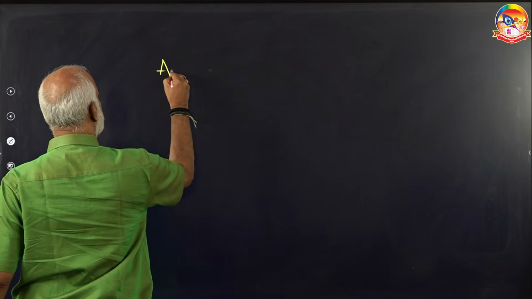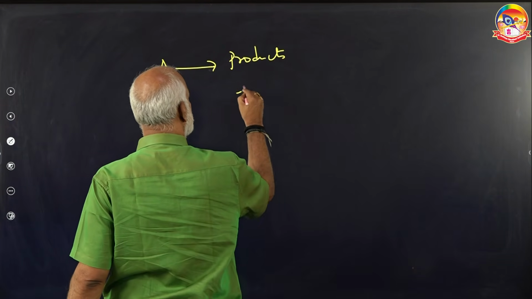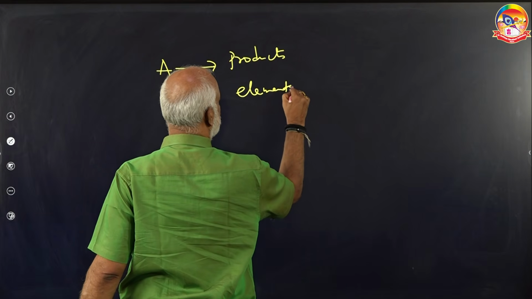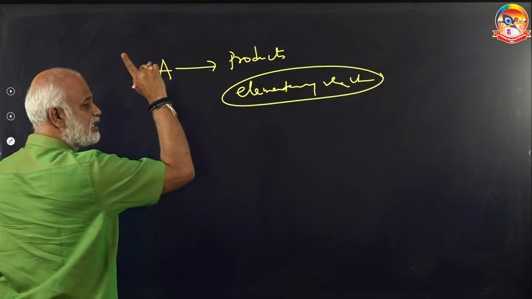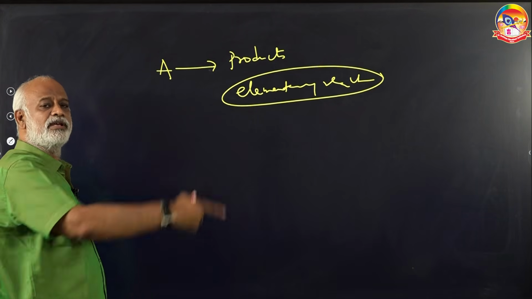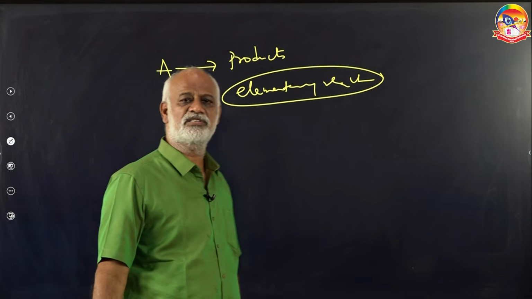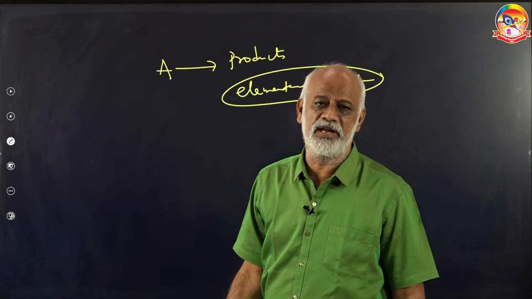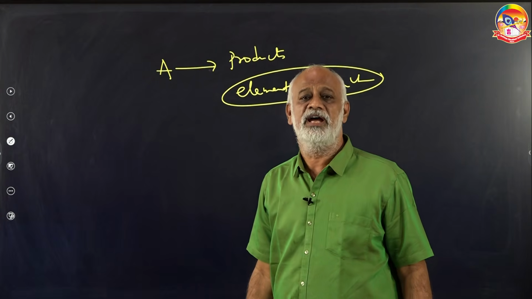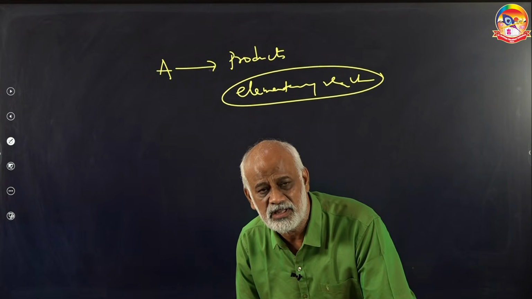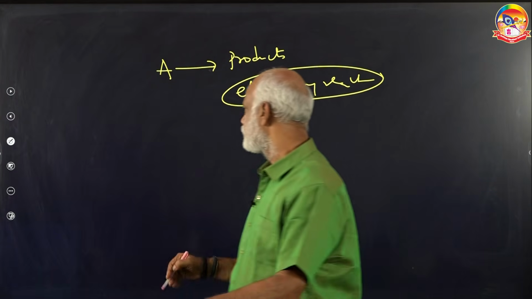Suppose A gives product is an elementary reaction. What does the word elementary reaction mean? Single step reaction. So, how many molecules are participating here? 1. So, the molecularity of the reaction is also 1. Order is also 1, because this is the only step of the reaction. Molecularity of the slowest step is nothing but called order. So, for this, order 1, molecularity 1. Then